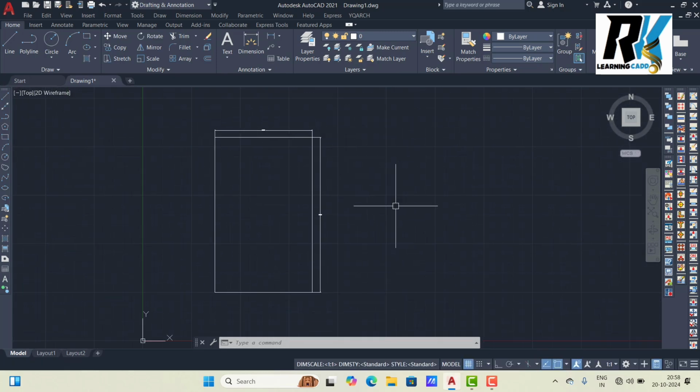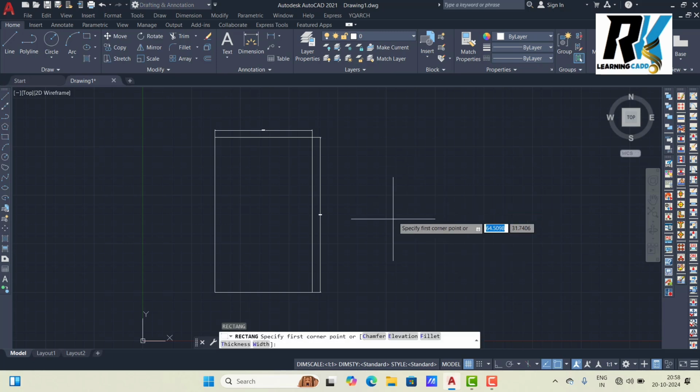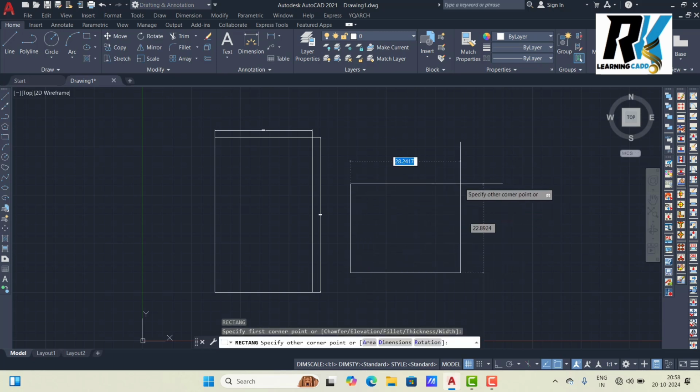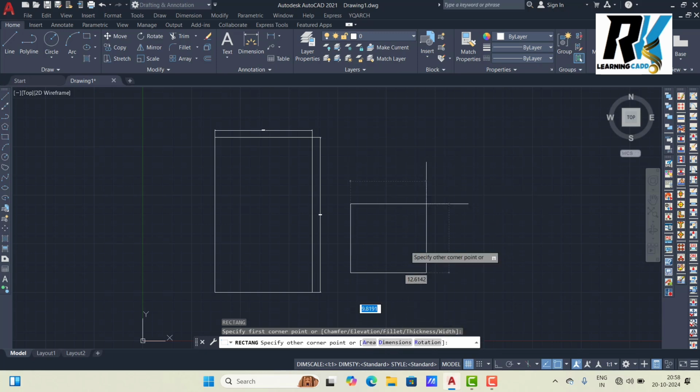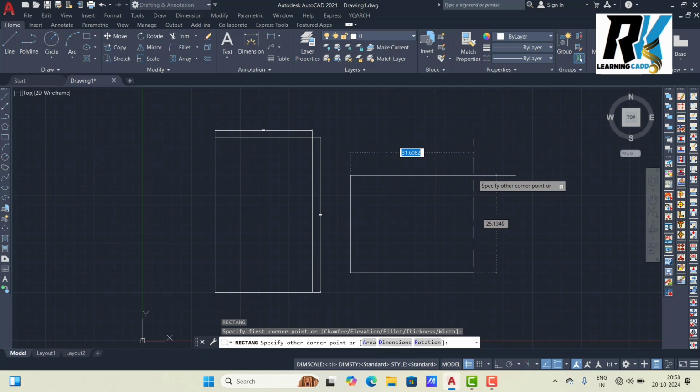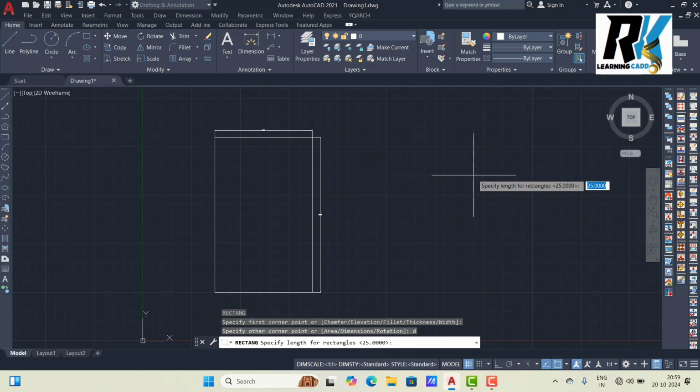Now we follow the dimension method. Same rectangle we draw, but we give dimension values. REC enter. Give the first corner. After that choose the method. I choose the dimension method, so just type D enter, otherwise you can click here downside. Now we give first the length and then the width.